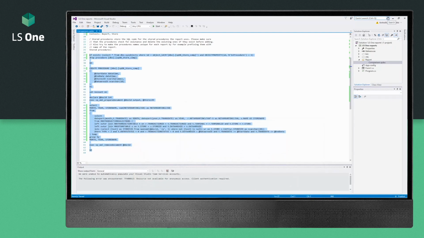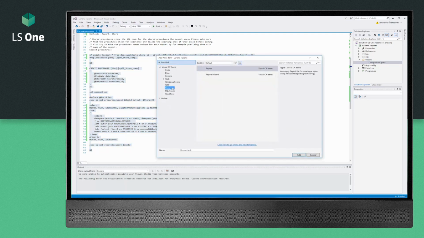I'm now going to close SQL Server Management Studio again, and I'm going to create the report file. I now go to Project, Add New Item, and here I select Reporting from the menu and the report result. I'm going to name my report file the same name as my report manifest file. I'm going to call it comparison. I now press add,